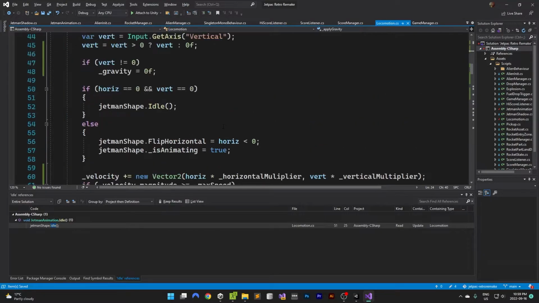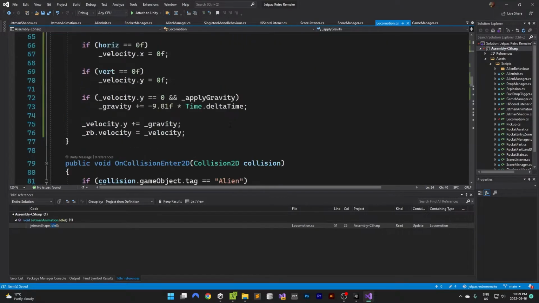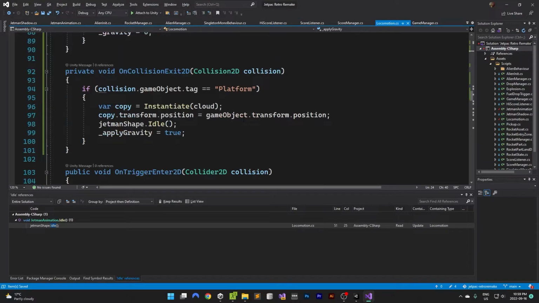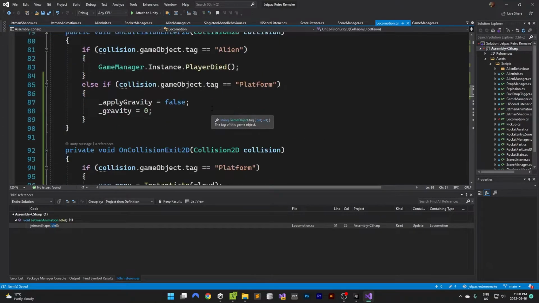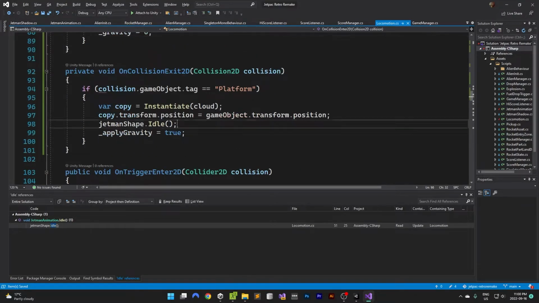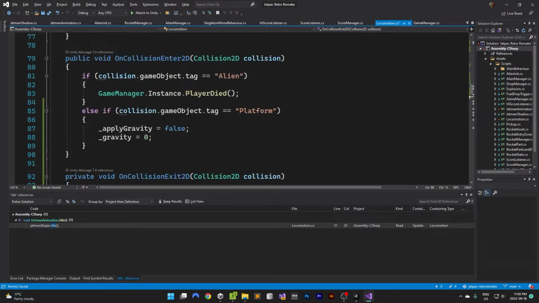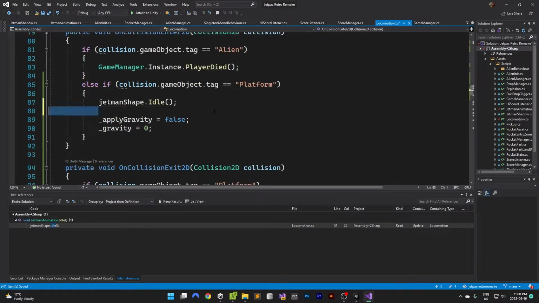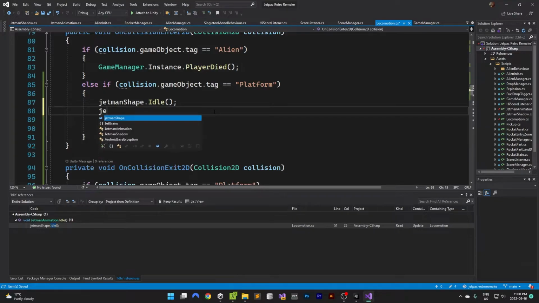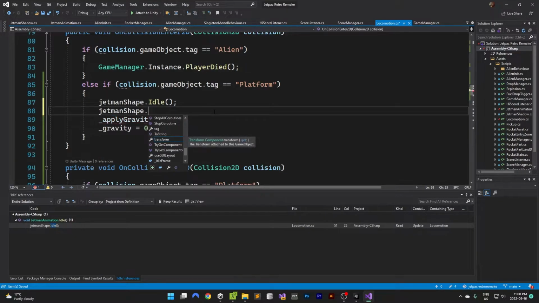Where are we? Player died. Player exits. So when you, oh, that's when you exit. Oops. Collision exit, collision enter. Okay. So we need to do idle here, like that, and then we say Jetman shape dot is flying